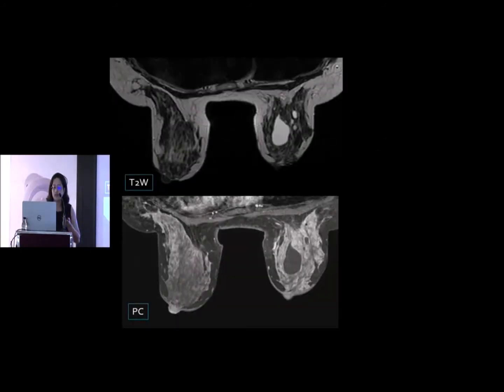This lesion, this is T2 and this is post-contrast. It is extremely hyperintense on T2 and on post-contrast it is not enhancing. This is the most important finding in breast MR. If you don't see enhancement, 99% of the time, 99.9%, it is not a cancer. Lack of enhancement has the highest specificity. So if you don't see enhancement, you are quite certain that whatever abnormality you're seeing on T2 is not a cancer. So this is oval, circumscribed and non-enhancing. So this is a cyst.